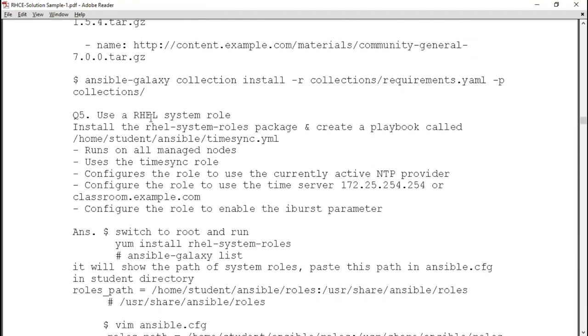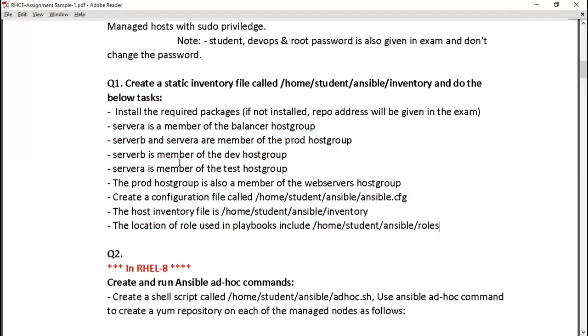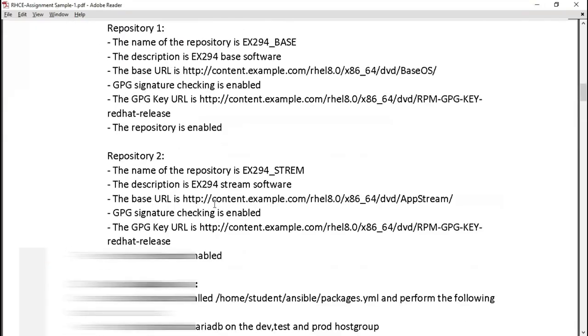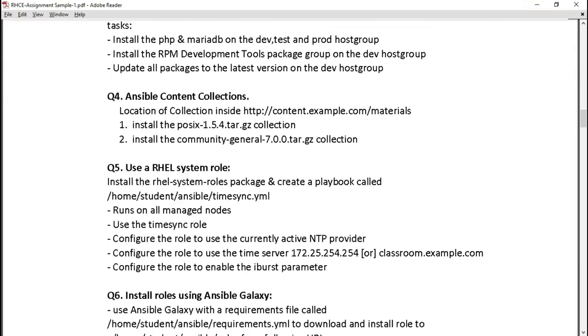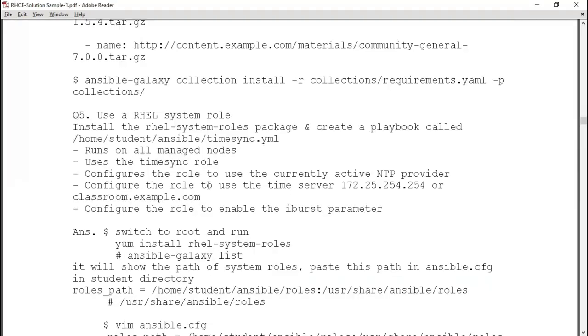Now use the RHEL system role. Okay. For that part, this is the question paper actually, where all the questions are mentioned. See? Okay. Right? And this is the solution. Anyway, use RHEL system role. Install the rhel-system-roles package. Remember, in my questions I have written this package name, but in the exam they will not give you the package name. You need to memorize the name of this package.